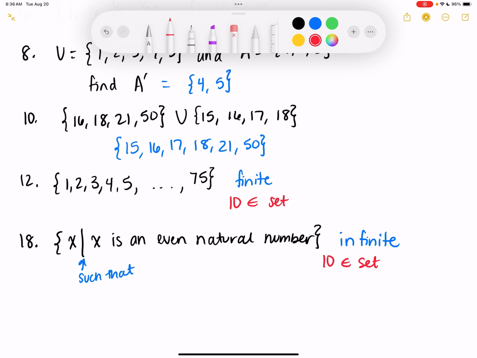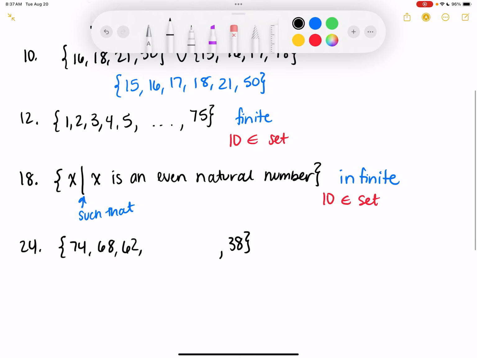Okay, the next one's use set notation and list all the elements of each set. So essentially they start writing a set for you. They'll give you like a blank, and you need to fill in the blank. 24. I have the set 74, 68, 62. I'm just going to leave a space and fill it in there so I don't have to write the whole thing over again. And all the way down to 38. So I need to figure out what numbers are missing